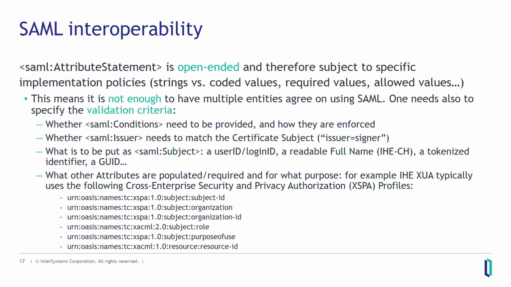One thing that is worth mentioning here is that in IHE XUA and in IHE in general, there is a standard that is defined that is called cross-enterprise security and privacy authorization. And that says that a lot of information that is useful for medical use cases, for IHE use cases, should be put in the attribute statements, so the open-ended sort of black box, with different properties corresponding to different things. So in most IHE contexts, you're going to see that subject ID is going to have some identifier of the